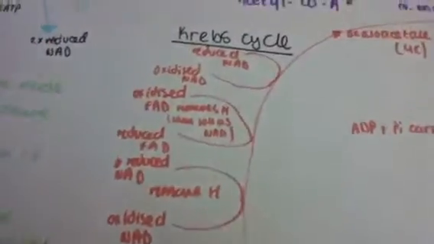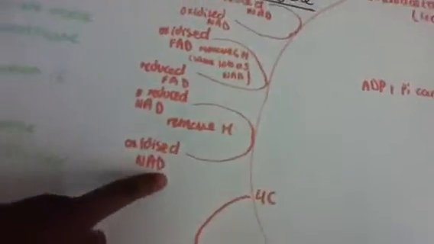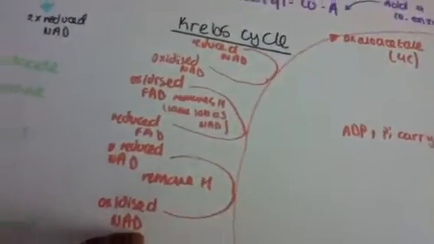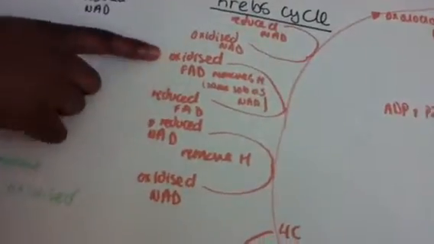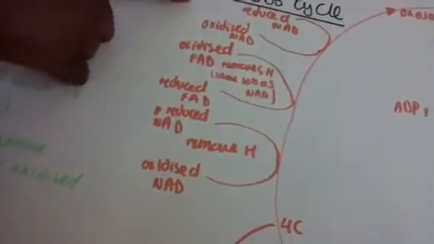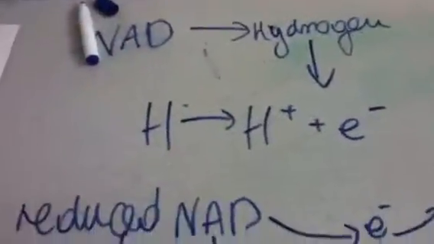And then another CO2 is removed, which gives you 4 carbons, and the oxidized NAD is reduced by removing a hydrogen. And then FAD is reduced, and oxidized NAD is then reduced. The last part of respiration is oxidative phosphorylation, where the hydrogen from